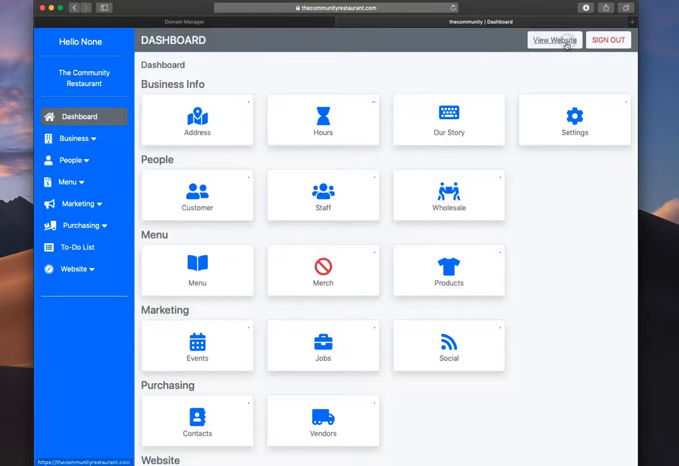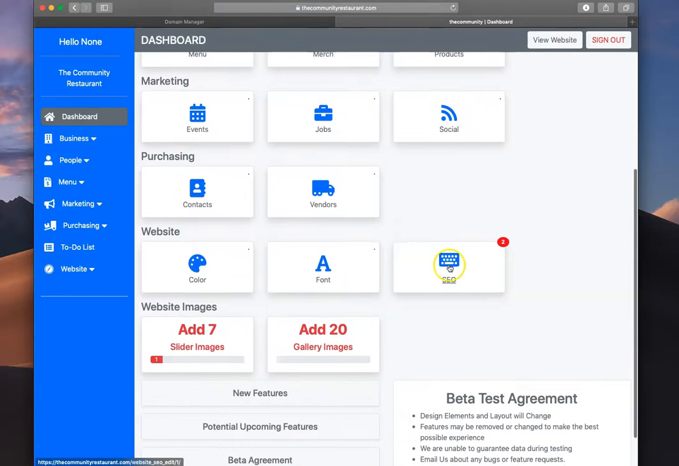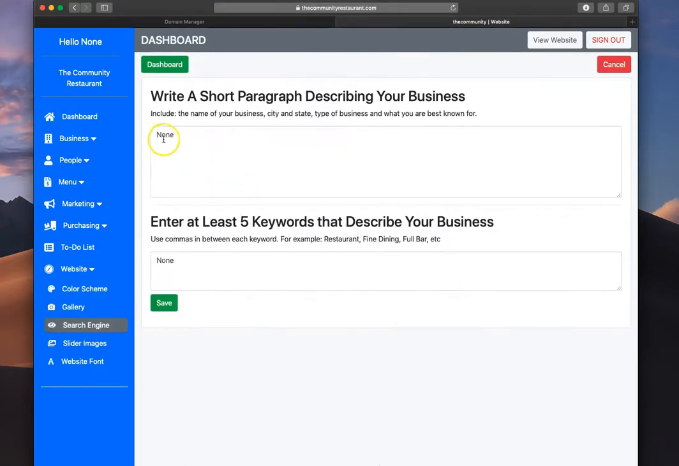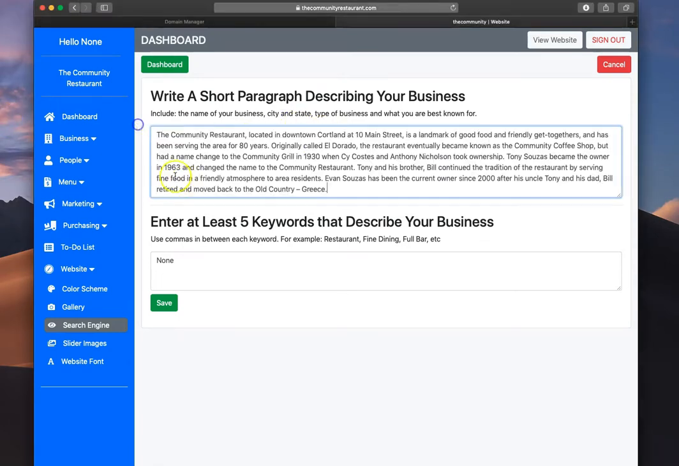And the next thing we need to do is SEO. Once you add some more pictures here, and pictures for your gallery image, we're going to add a short description about the business. For time, we're just going to copy the same thing. And then for keywords, we recommend you add at least 5. So if you want to do fine dining,